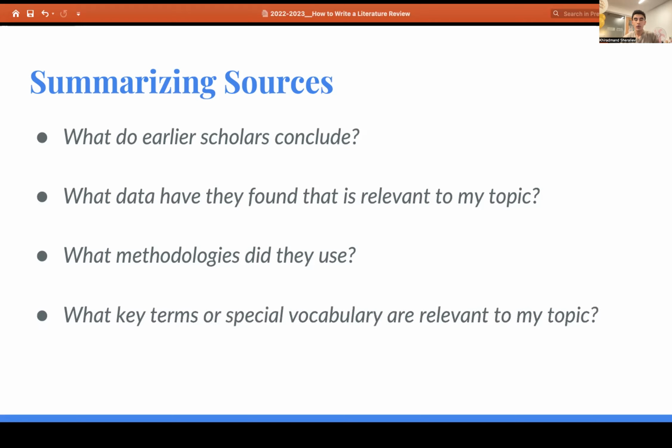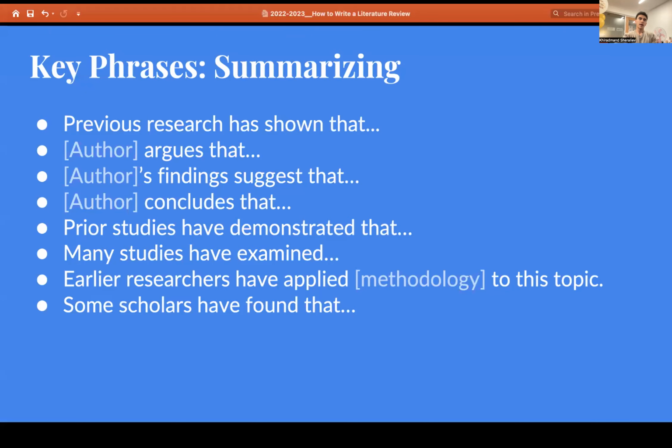And what key terms or special vocabulary are relevant to my topic, right? So the role of language. And for this part, you may use key phrases like previous research has shown that something, something, or a particular author argues that something, something, or author's findings suggest that blah, blah, blah, or particular author concludes that blah, blah, blah, or